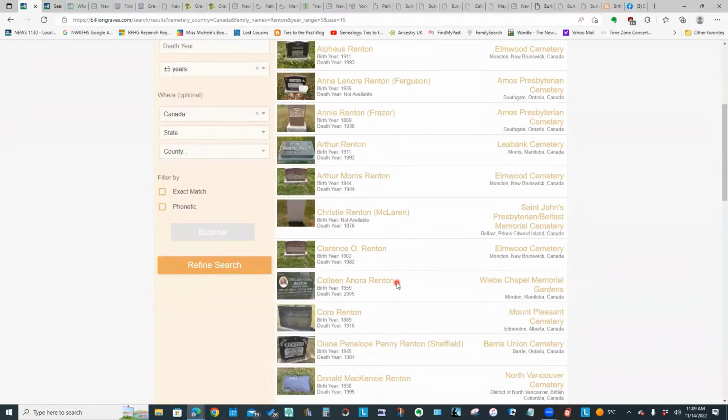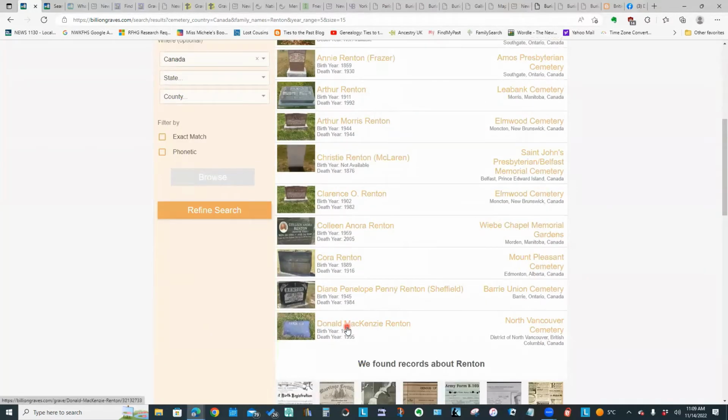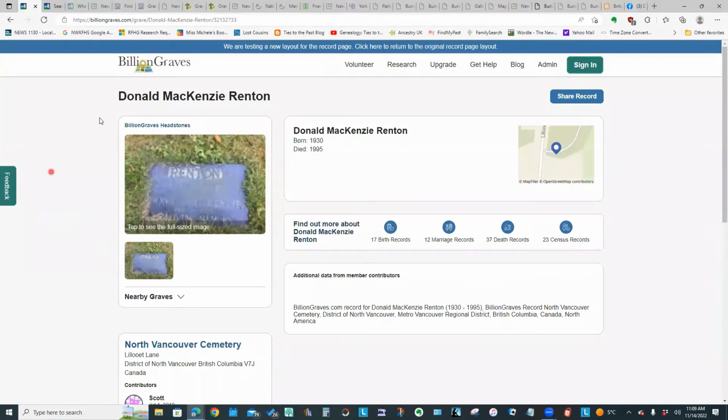And like any of the websites, if we click on an entry, it does bring up, in this case, a pretty poor picture of my father's grave, but it does come up with an image, gives whatever information was on the headstone, and gives a map to the area.